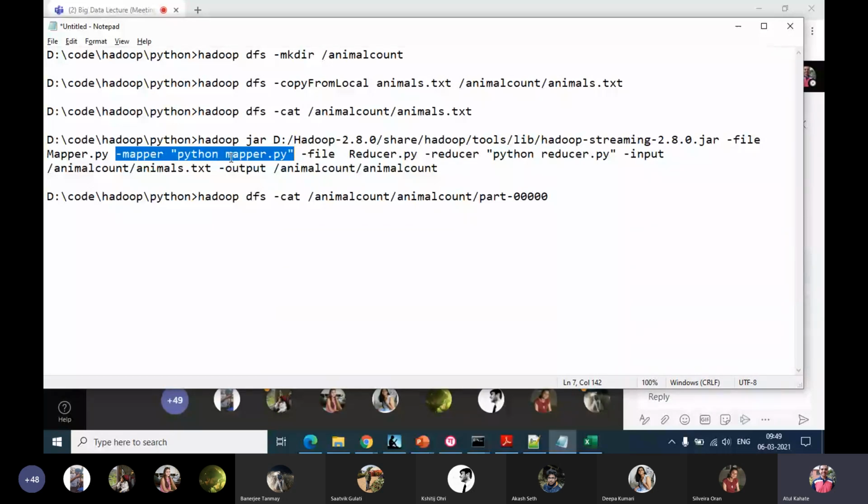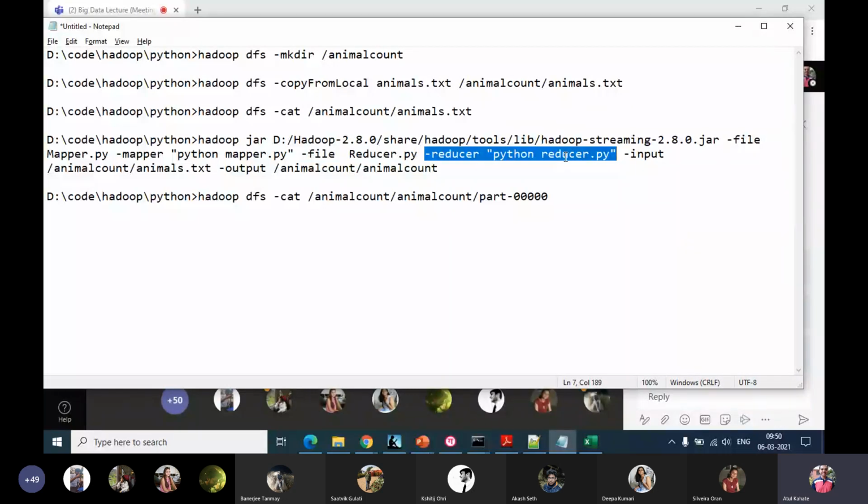And once our mapper code runs, again, there is a generic or master reducer.py program supplied by Hadoop. It will run like the umbrella program or the overall program, which will say, okay, I have done the basic cleanup, basic initializations. Now let me run your code, which we have written in reducer.py.